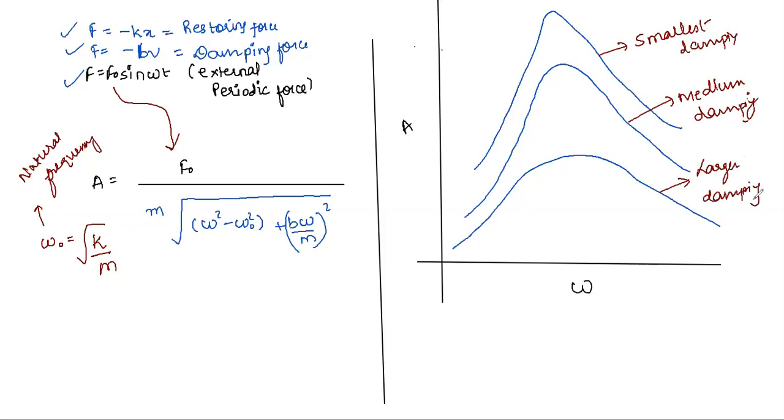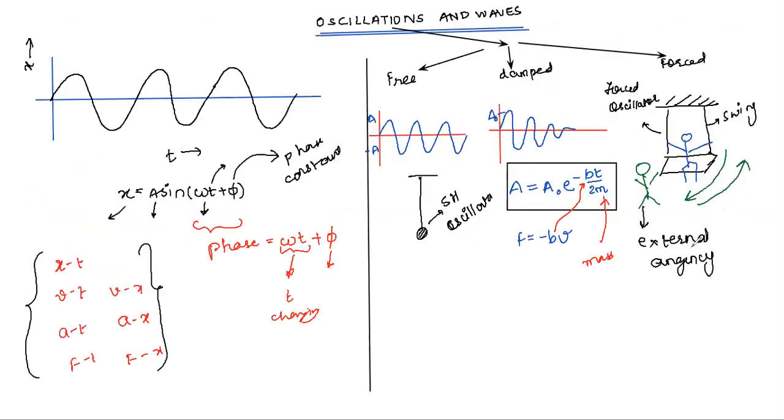Class, I hope this point is becoming clear to all. Now, there are three different cases which can happen. But one of the most important of all of them is resonance. Resonance is when you are pushing your friend with a certain frequency, let's say omega, and the natural frequency of your friend's oscillator, or the swing, is omega naught. I am saying you are pushing your friend with a frequency omega. Natural frequency of the friend is omega naught.